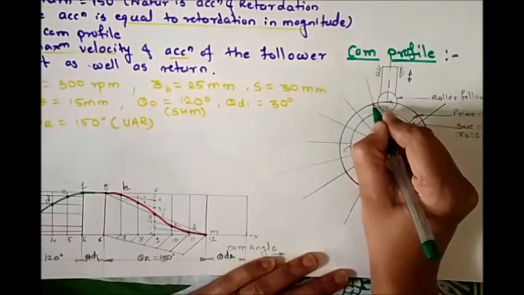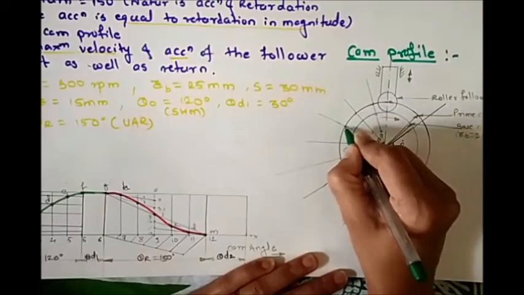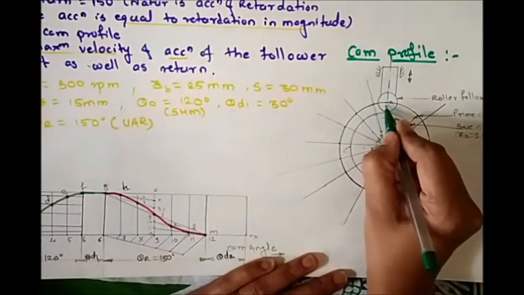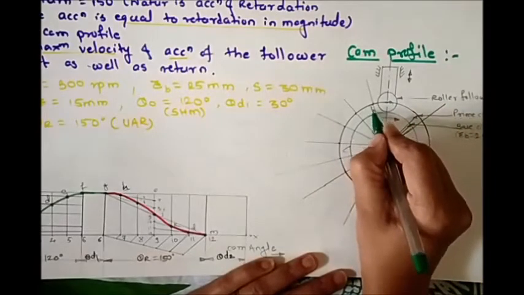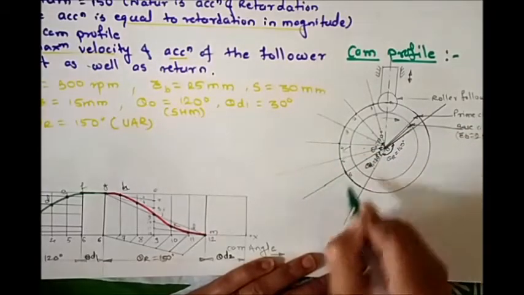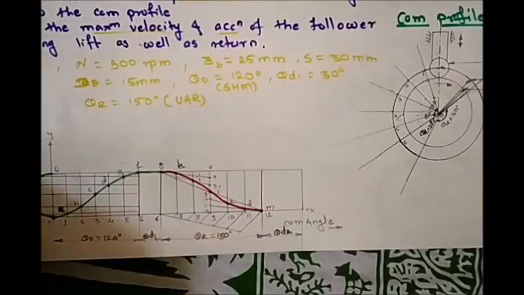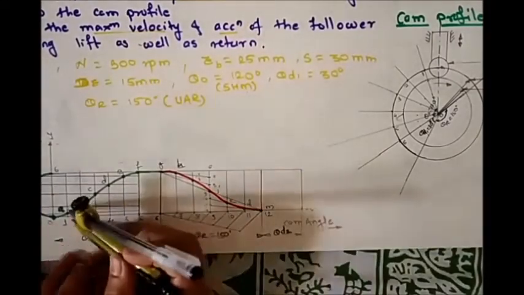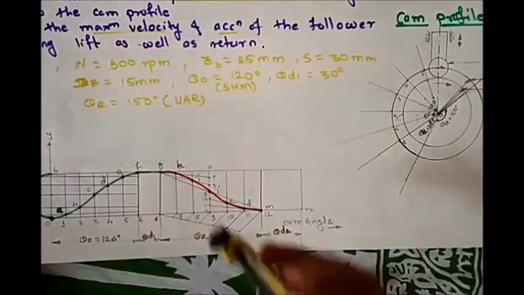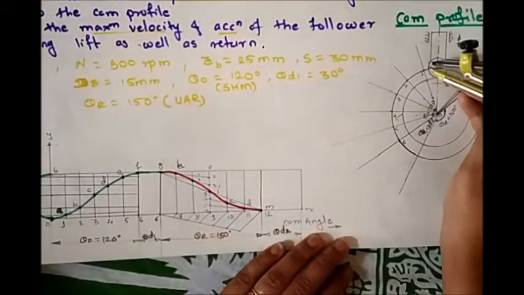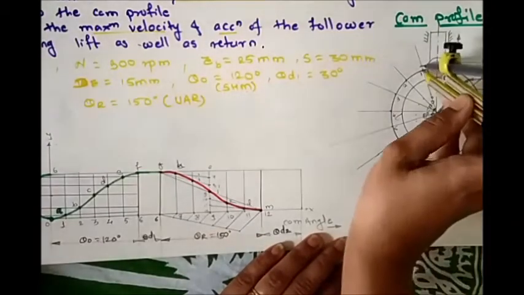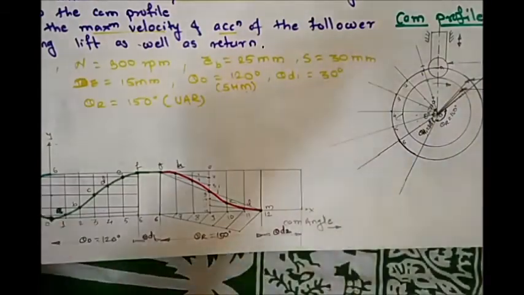Now just mark those division points on the prime circle, as I said earlier. Here is the 0 at center. This is 1, then 2, 3, 4, 5, and this is the point 6. Now the next step is to take your compass and measure this distance 1 to A. So take that distance in the compass. Here we have this point 1 on the prime circle, so from this point mark the point A.